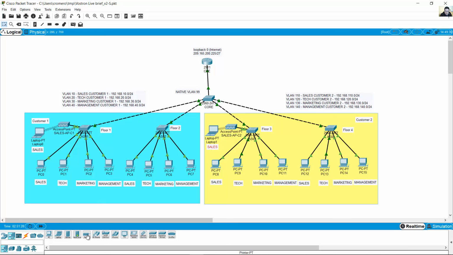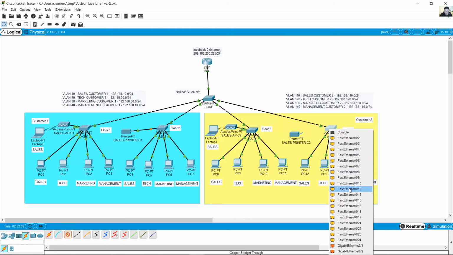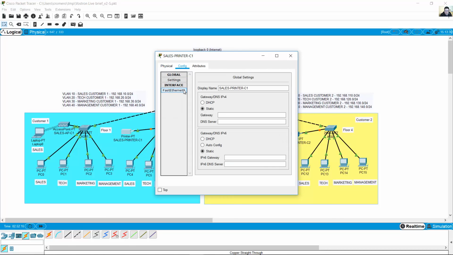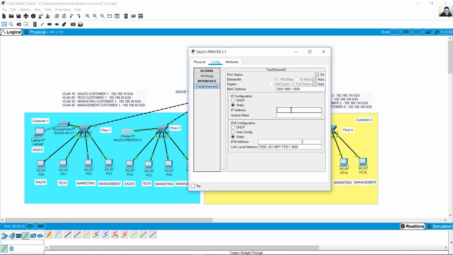At the printers, configure printers. Okay, on sales VLAN,